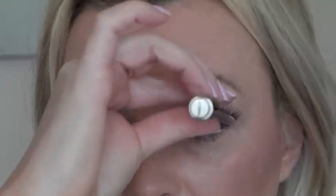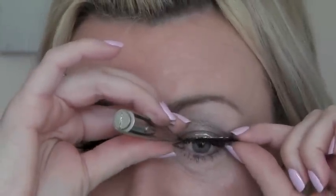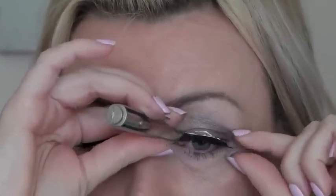If you do your eyelashes wrong, you can make your hooded eyes look even worse. Okay, I'm just applying glue on it. I really hope I'm explaining myself well, and like I said, I don't want any negative comments. I know what I'm saying might be a lot of rubbish, but it works for me, works for my eyes, and I just hope that it might help some of you. You don't have to do what I do or take my advice. Okay, so there is the too big lash. Because it is too long, and then I'm following